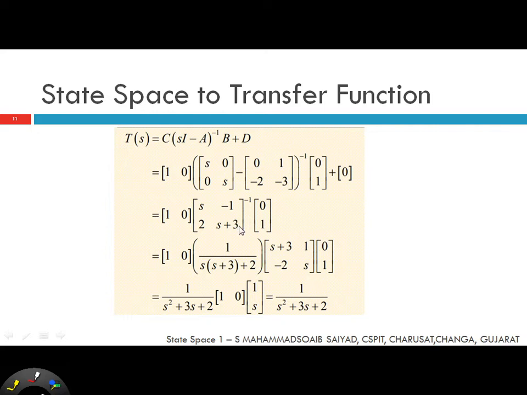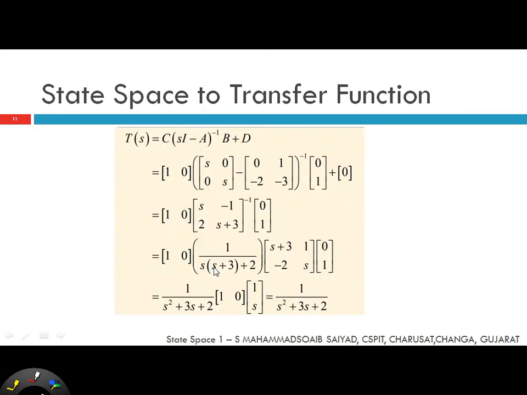What we have to do is just swap the positions of these two quantities: s plus 3, which was earlier over here, we shift over here, and s will be shifted over here. So s plus 3 and s, and the rest of the two quantities we just negate, that means we change the sign. Previously it was minus 1, so I put 1, and minus 2 will be converted into 2. The rest of the things are the same.